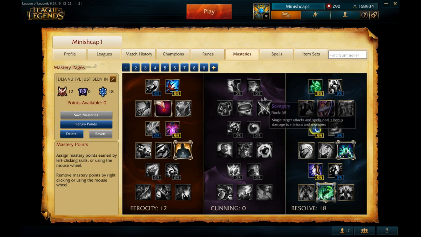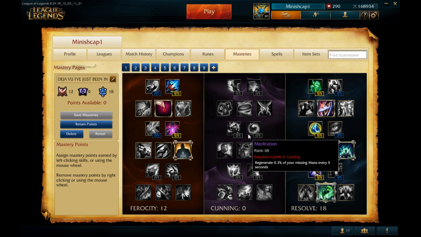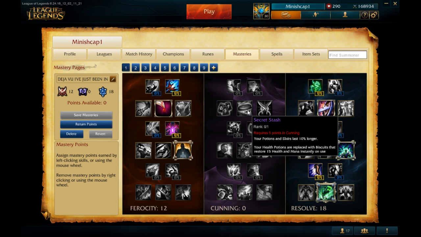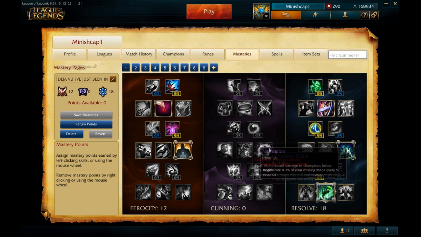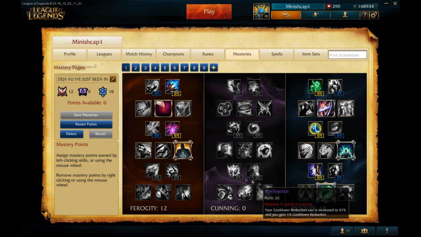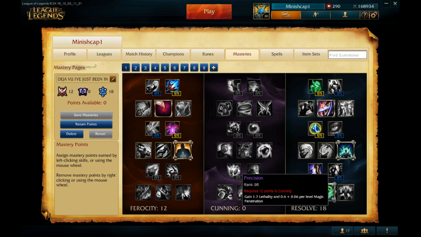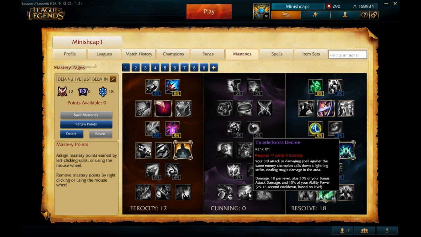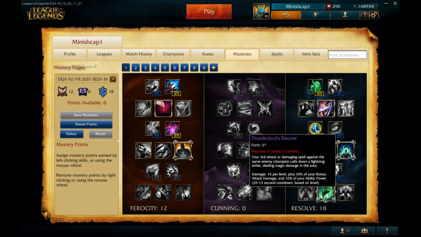So the reason you would go down the Cunning tree is for the utility options. You would get Cunning for Wanderer Mastery, you'd get it for Secret Stash, you would get it for probably Merciless and Dangerous Game, you'd get it for Precision, which is Magic Penetration, and then you'd get it for Thunderlord's Decree, which is just damage. Singed can proc this instantly with his poison or with his poison fling combo, because you get 2 ticks from poison and you get 1 tick from fling, instant Thunderlord's proc, but it's just not very good for the trade-off, because whenever you